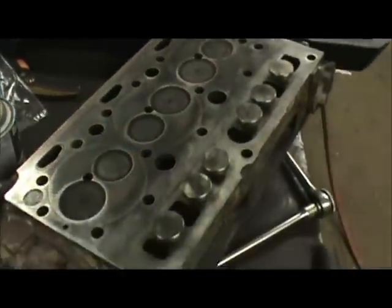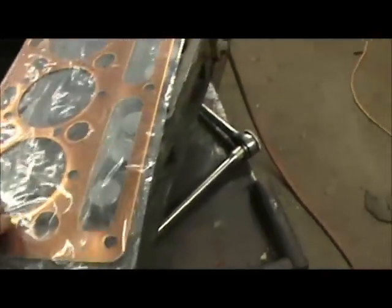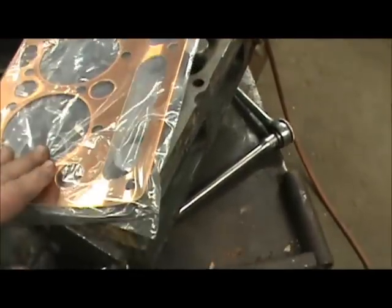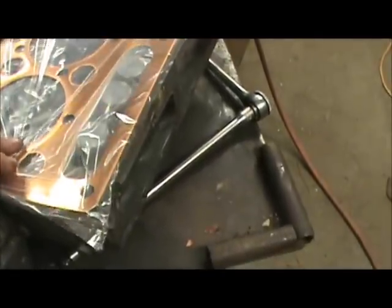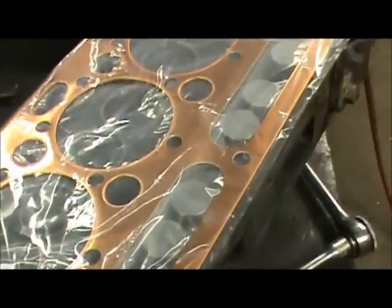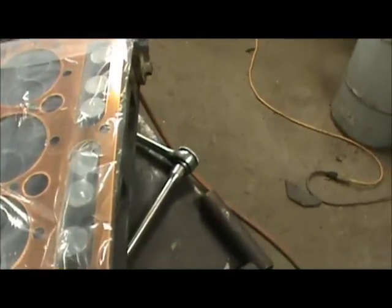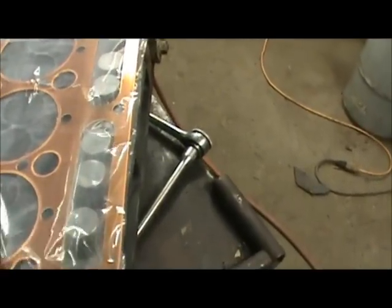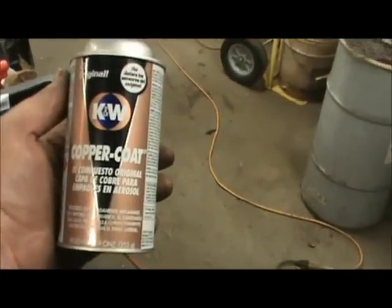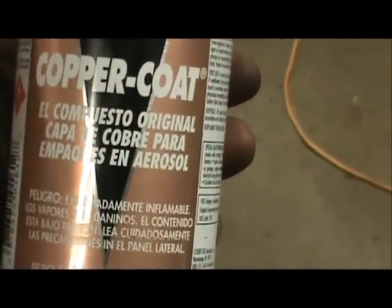Got the new head gasket here, and it's a 3-piece design. It's got a copper outer coat on each side. Another thing I like to do with these type of gaskets, now if you're using like a Felpro Permatorque type gasket or something, it's probably not a good idea to do it. But with these either a solid gasket or these 3-piece with the metal shim type gaskets, I always use this here copper coat. Spray a light coat of it on the gasket on each side, and that improves sealing of